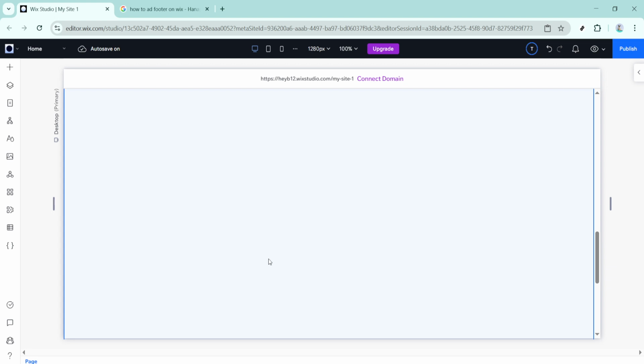Finally, remember that removing the footer gives you extra vertical space. You can adjust the height of the last section above it to tighten up your layout and avoid a large empty gap at the bottom. That's it. Open the Wix Studio Editor, scroll to the bottom, select the footer, click the 3 dots, and delete. You now have a streamlined page without a footer and complete control over how